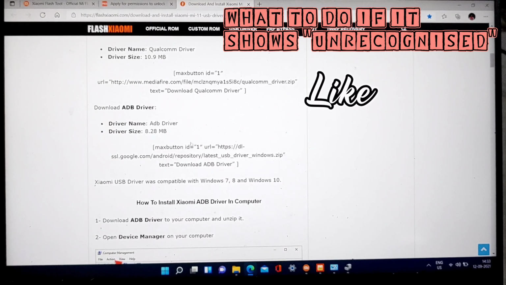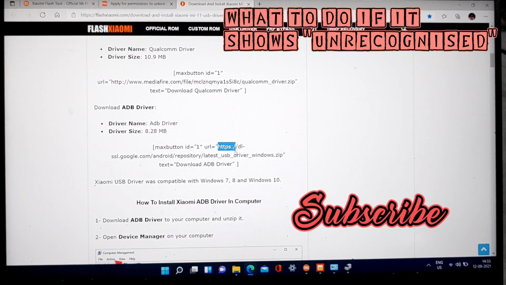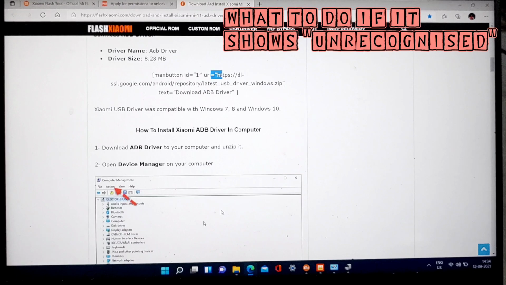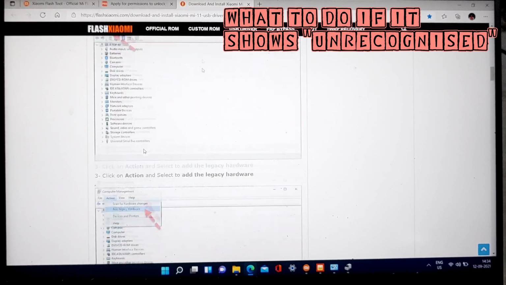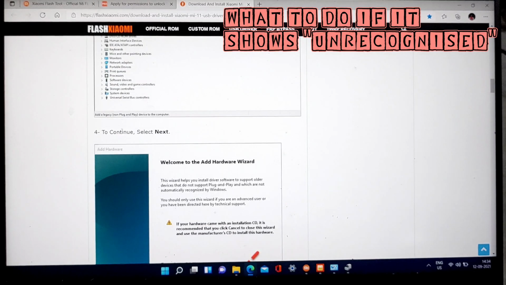So what you have to do is copy this link from here till here inside the inverted commas, and then paste it in the browser, and it will open a Mediafire link, and there will be a file. So I have downloaded the file, and you will do similarly with the Qualcomm link. As you finish these two, you have to install them, and all the steps on how to install are mentioned here. No need to show in the video, it's very easy, they have shown everything.